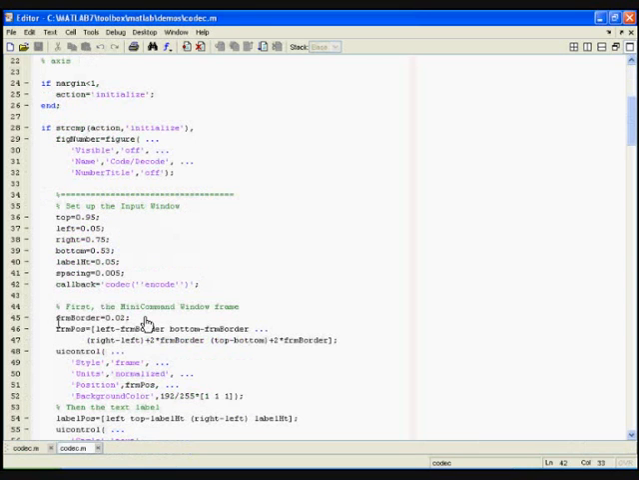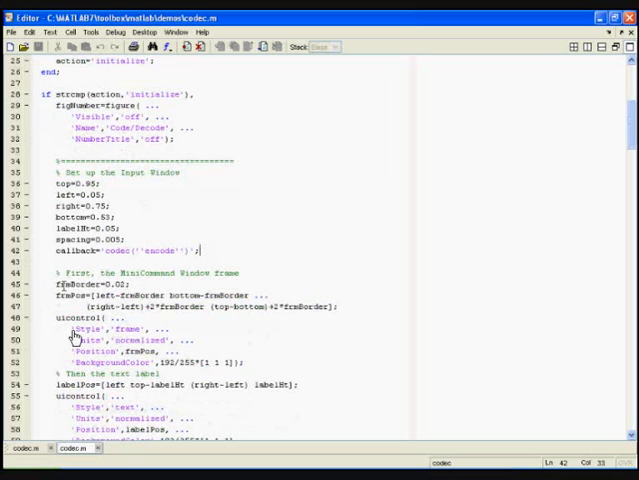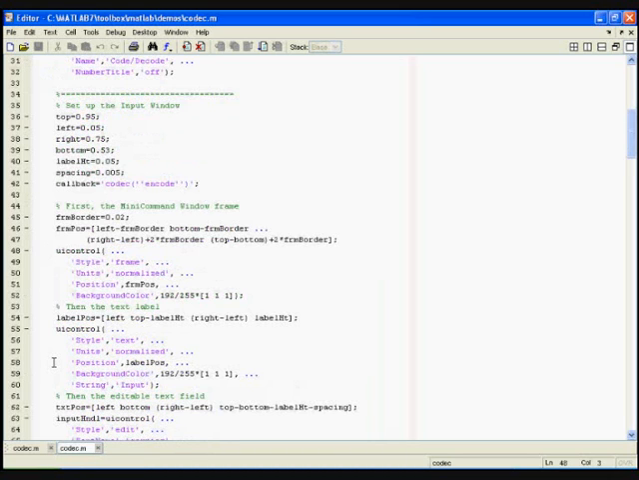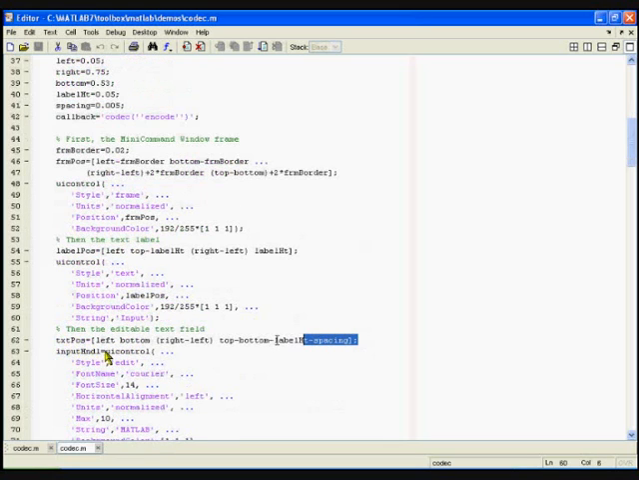Next is the design of the mini command window frame. We set the frame border, frame position and UI control. UI control means user interface control. It is basically set in places where we get inputs from the user. Then comes the text label design. It is then followed by the text position, and then we set the input handle,